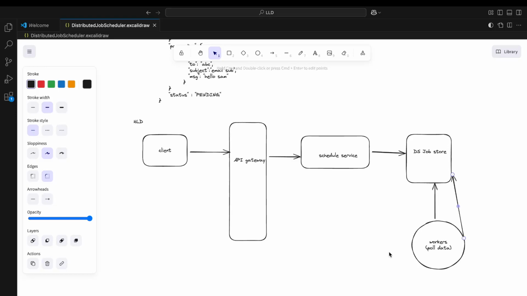So for that, we don't have to worry about hitting the database system every second, getting the records for 10K, and executing all of them at any given point of time. We don't have to worry about that, right? So let's